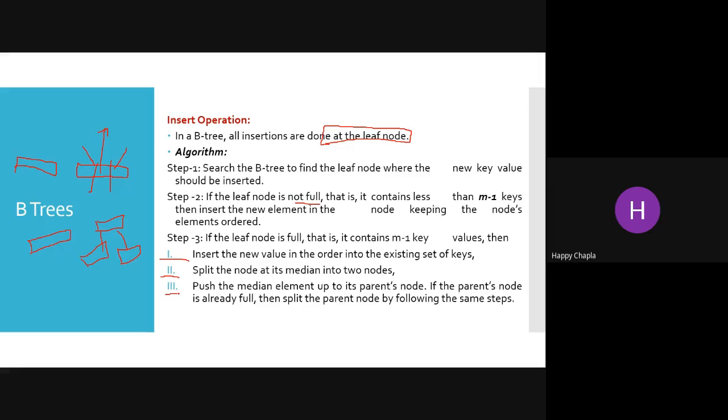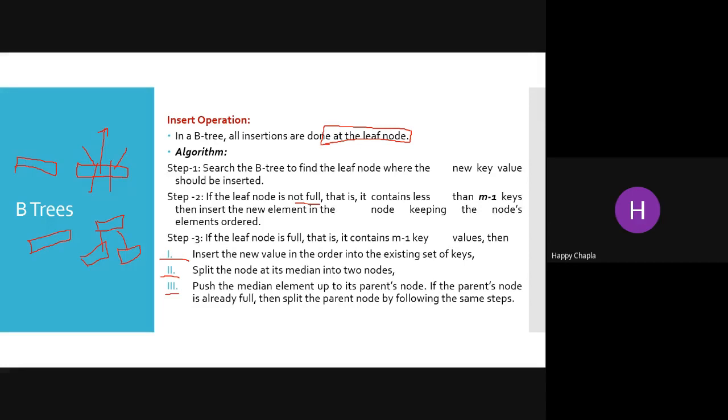What we are trying to do is split one more floor, that means we construct a third floor from the second floor, and we are moving our next class to the third floor. That means we created one more floor. Now that is known as splitting. Okay, split the node at its median into 2 nodes, push the median element up to its parent node, and if the parent node is already full, then split that parent node by following the same steps. That means if we have such a condition...